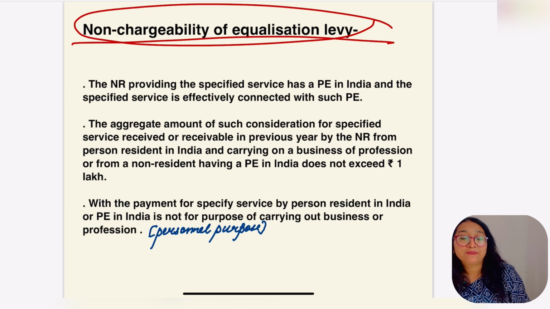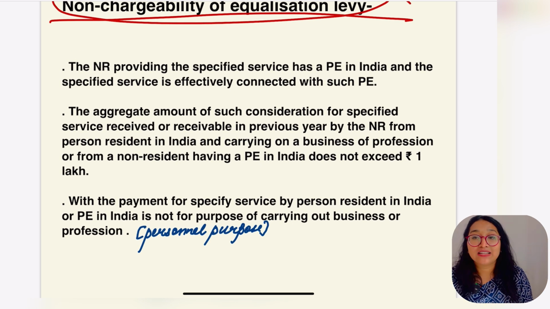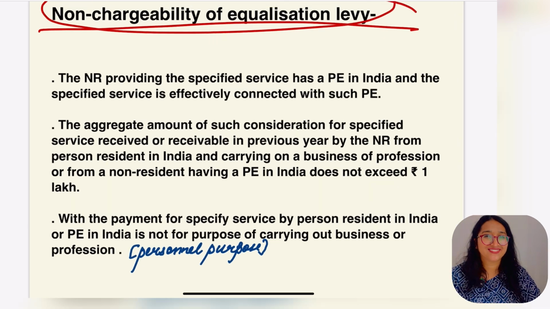Okay. If the specified service is not for business purpose, if it is specifically used for personal purpose, for example matrimony, dulhandhundo.com. I'm just taking the example; I don't know whether these apps exist or not. So these are done for personal purpose. Shadi.com, matrimony.com, whatever you see. So when the specified service is consumed for personal purpose, in that case, equalization levy is not going to be imposed. Is it clear, everybody?